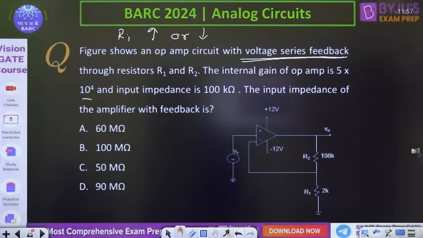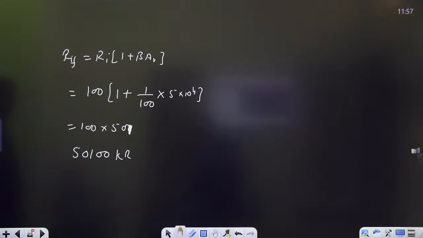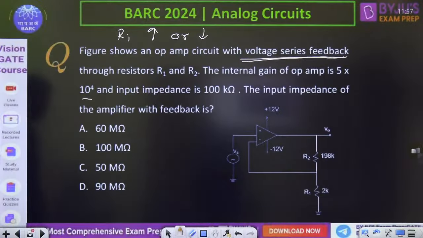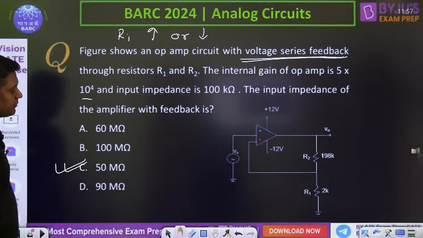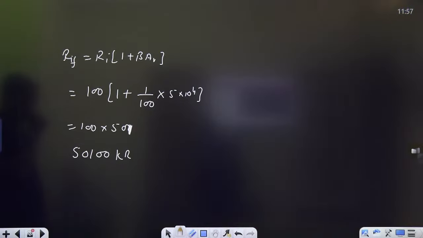Nearly equal to 50 mega ohm. Yes, we can say Ri into 1 plus beta AV. Input resistance increases, and that is equal to, check my calculation. ये हो गया आंसर,